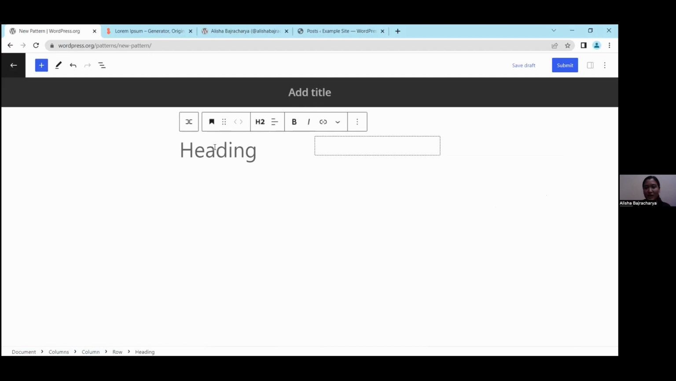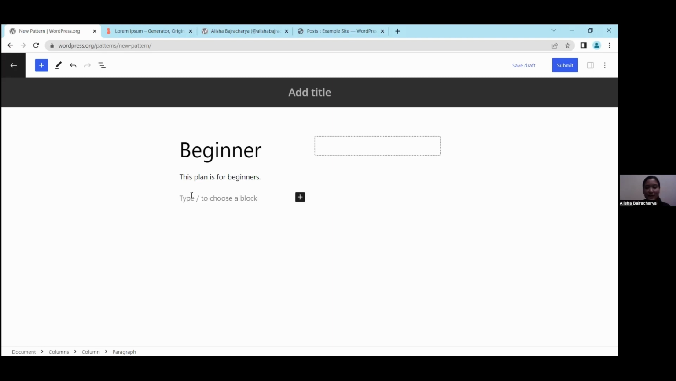In this heading block, I'm going to write the name of the pricing plan. So suppose it is Beginner. When we press Enter twice, it will move to another paragraph block within the column. Here I'm going to write a small description about the plan. When we move to the next block, in this paragraph block, now I'm going to write the price of this pricing plan. For example,